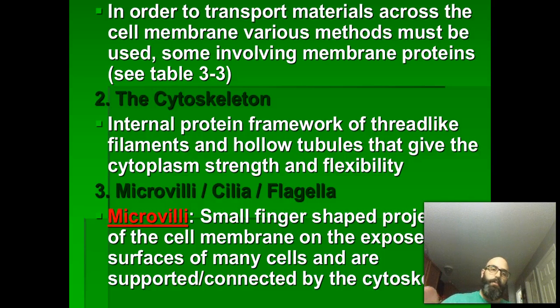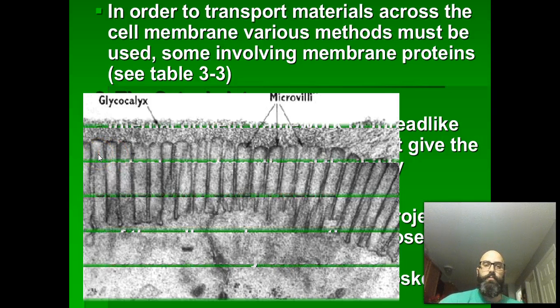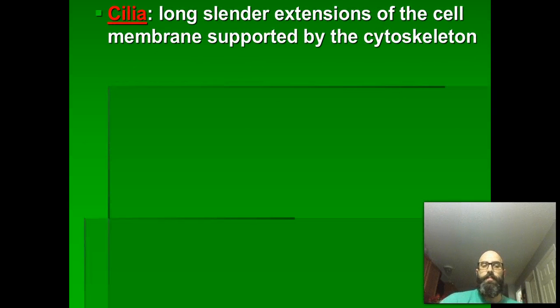So the cytoskeleton provides the framework for microvilli also. If you look at this picture, these are epithelial cells, and I believe these are possibly cells of your trachea. This is not a very good picture, but it's the best one I could find on short notice. These are all of the cilia that project outside of the cell, and they serve a function, which we're going to get into in just a second.